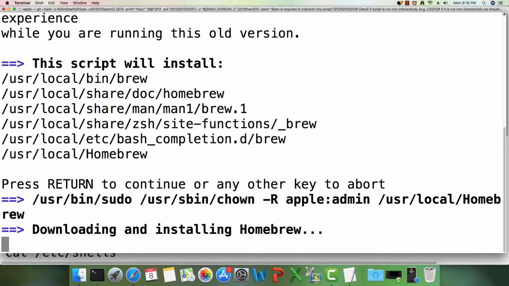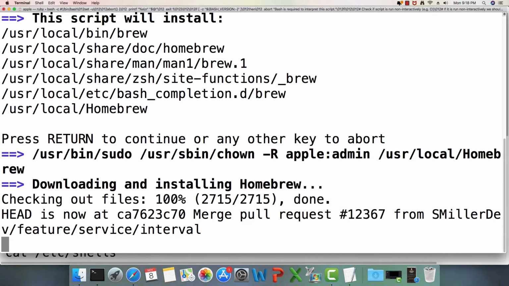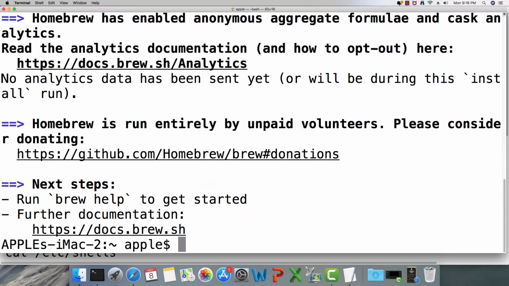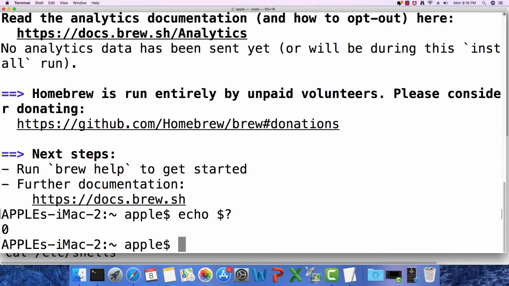I have already installed Homebrew on this. So it is going to download everything very quickly, and it is just going to skip all the packages that are already installed. If there is any update, it is definitely going to install. See, it seems that Homebrew has successfully been installed or updated, and I'm just going to check it by echo $? And it returns 0. It means that the script ran successfully. So this Homebrew is the package manager that we want.